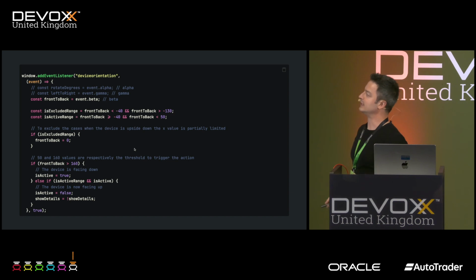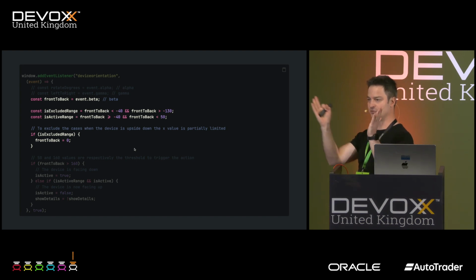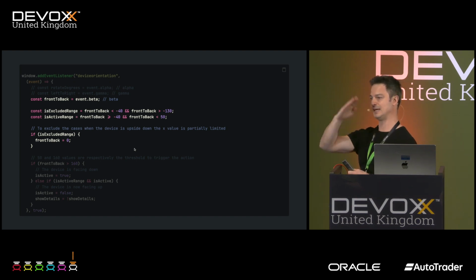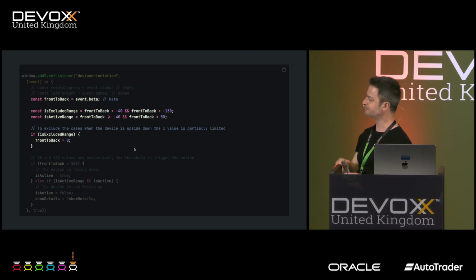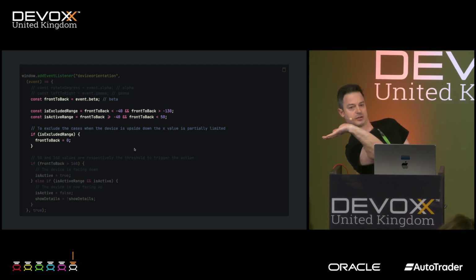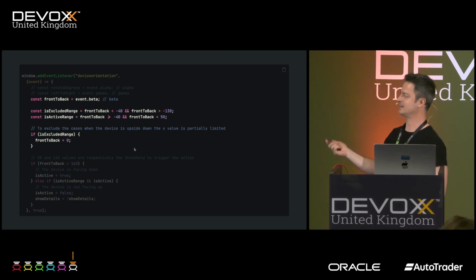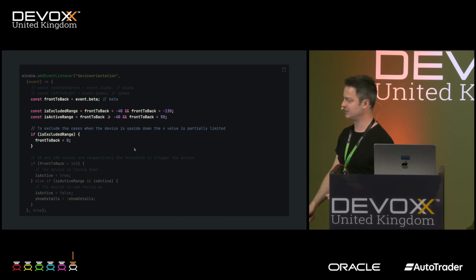How can we do that? We listen to the device orientation event, and in this case, we focus on the beta event. We can define a range of degrees. In this case, the beta goes from minus 180 to 180. We can define an exclude range, so that the user can't play the contortionist and go too far back. We want to consider only a specific range.